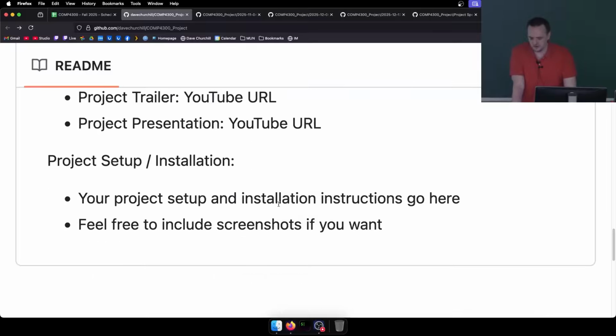And then no matter how simple your setup is for your project, even if it's just like the assignments where it's double-click the Visual Studio file and hit compile and run, I still want those instructions to be here. For example, sometimes there are some groups where everyone in the group uses Linux and they did some specific thing. Please, if you can, try and test your final project on Windows in Visual Studio before the final submission,